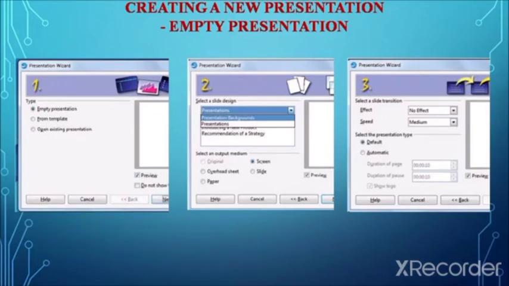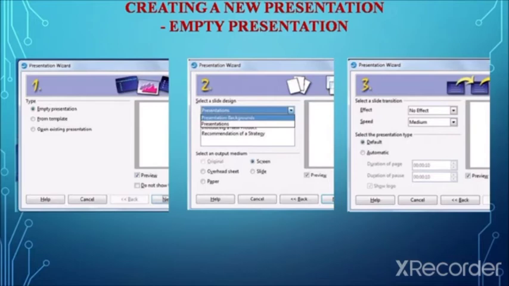There we have to select the slide design. The slide design section gives two main choices, that is presentation background and presentation. These are the two options that can be selected under the slide design. Each one has a list of choices for slide design. The presentation background will have some list of choices, and even the presentation option will have some list of choices. Based on the user need or user requirement, the options can be selected.